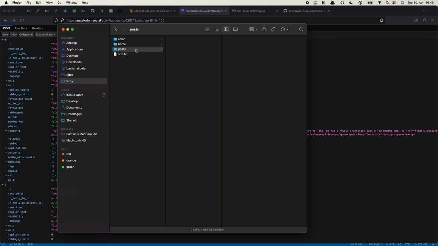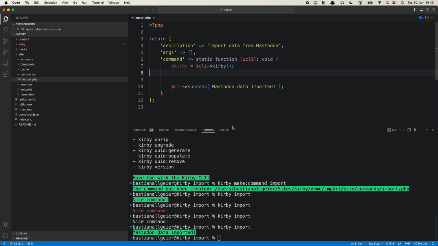I will create the posts folder though, because otherwise we would also need to create this first via command line, and that is a bit unnecessary. If we create the posts folder first, this is a perfect starting point, and we can create child pages for it afterwards. So let's get back to our command,